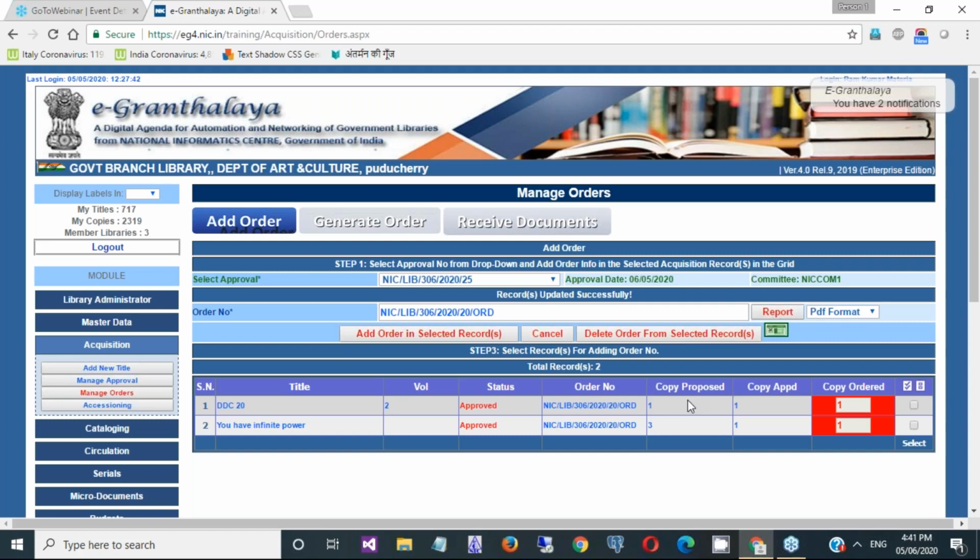But about copies: for example, if 3 copies are approved for one particular book, you cannot split the order for these 3 copies. All 3 will go to the same vendor you have selected. You cannot send 2 copies of the same book to one vendor and 1 copy to another vendor.